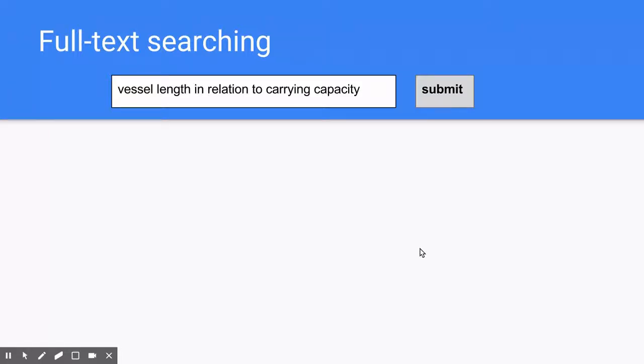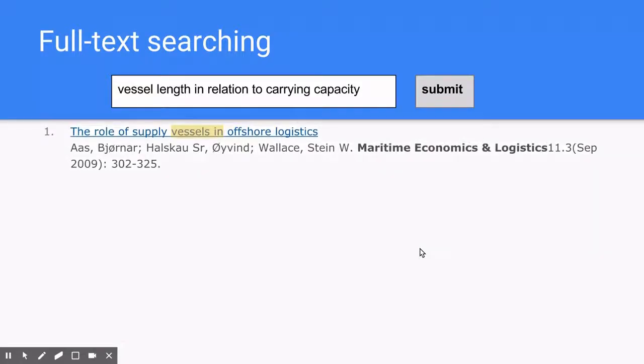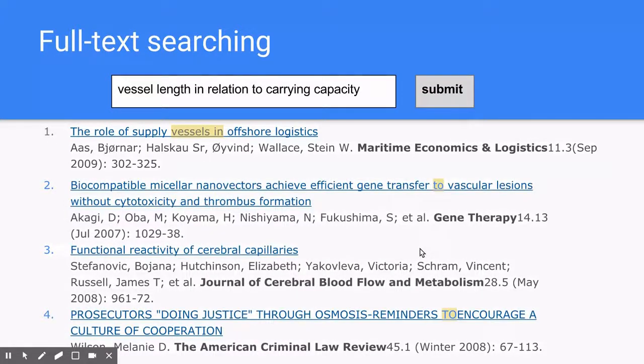Okay, one of the things this student needed to research for her dissertation was what the carrying capacity of a vessel was in relation to its length, and she literally typed in this term. You see the very first result. It's not exactly on target, but at least it's maritime, right? But you look at the next three. You've got two from the medical field, and you've got one from the legal field, and we've got